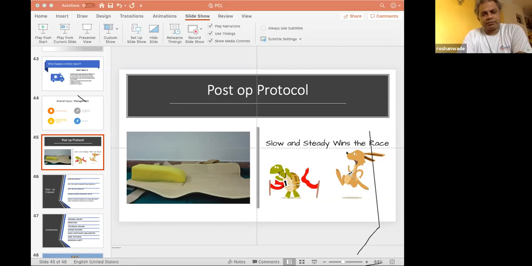Also, it is not very easy to pass the wire through the fragment, because passing wire through the fragment is like bullseye aiming. It's very difficult. Plus, you don't know whether it was a comminuted fragment or not, because on the X-ray it's very difficult to tell. Advisable is